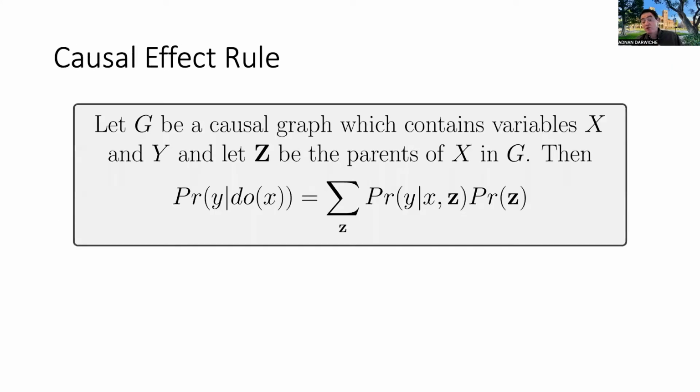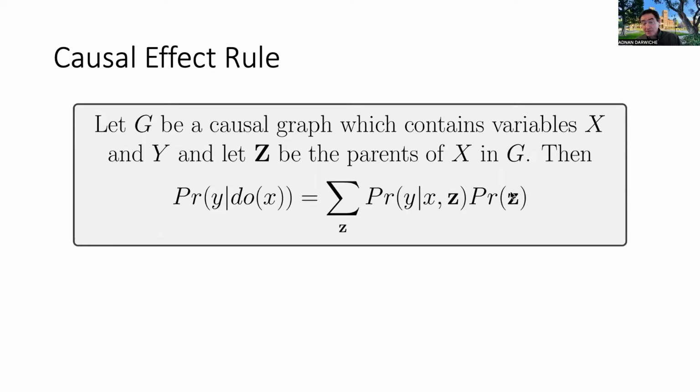First one, the causal effect rule. You know what that is. I have a graph. I have X, I have Y, and Z are the parents of X. And here's the formula. It says the causal effect equals this. Just do a summation over the states of the parents. Now, to really apply and compute this quantity, in which all terms are associations,